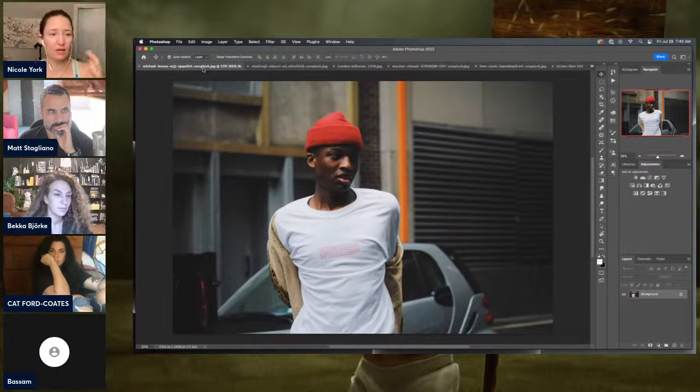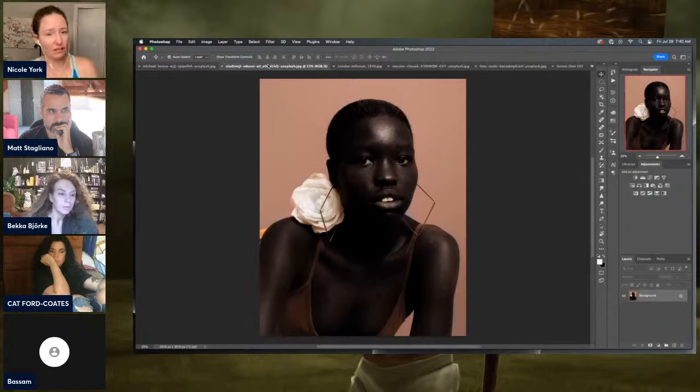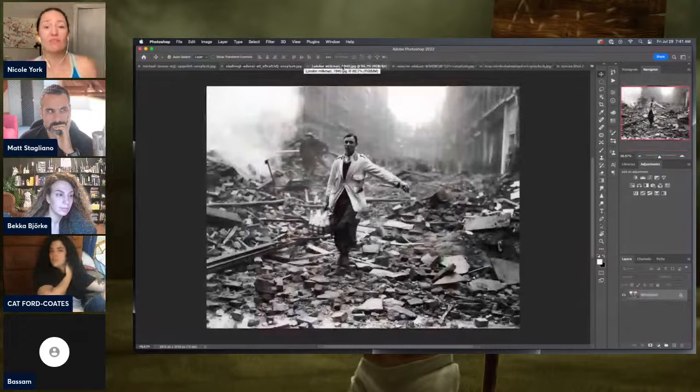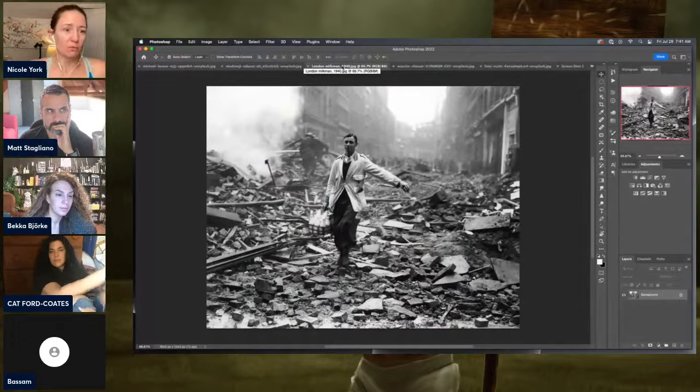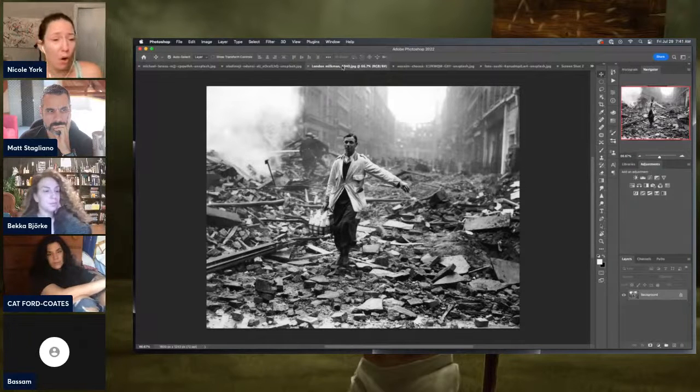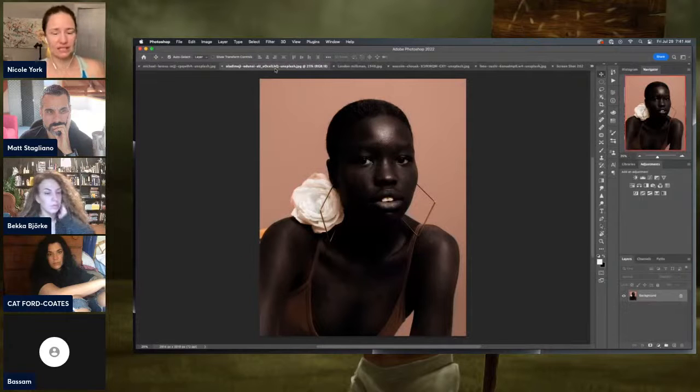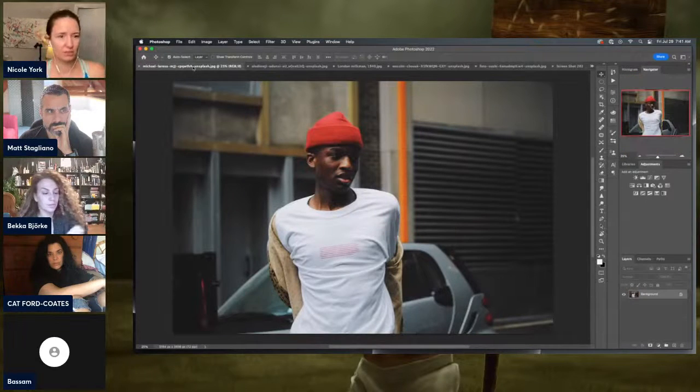We have a close-up enough to get the fact that we're in a city. It's very clear that this is meant to be a studio setting, even though this could potentially be somewhere outside where somebody just threw it up. We don't know that. All we have is the removal of environment. And then here we have lots of environment, lots of context clues. The subject matter is really small within the environment. So when we're looking at creative choices like this, all of a sudden the interpretation of the subject matter changes.